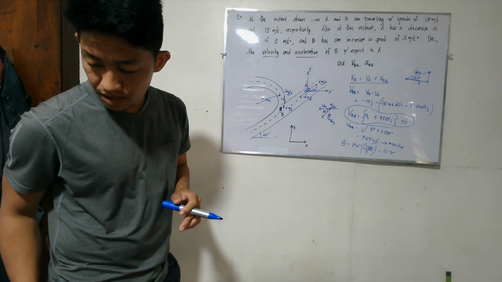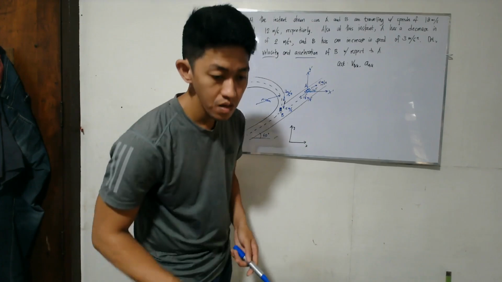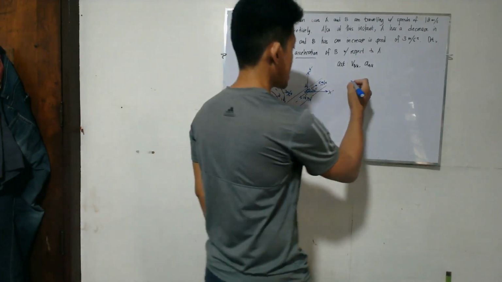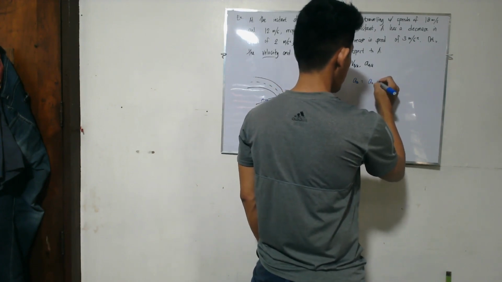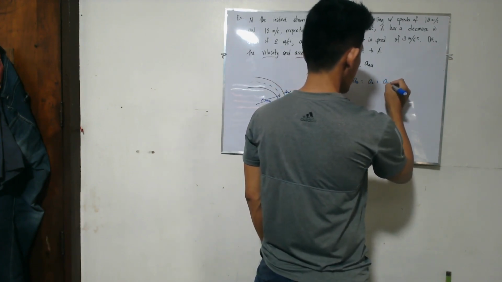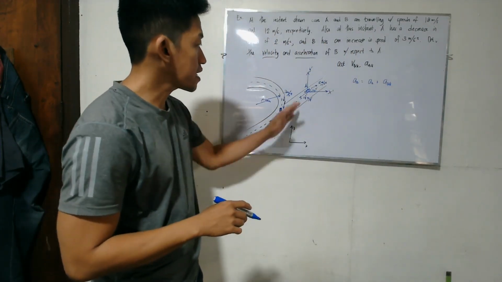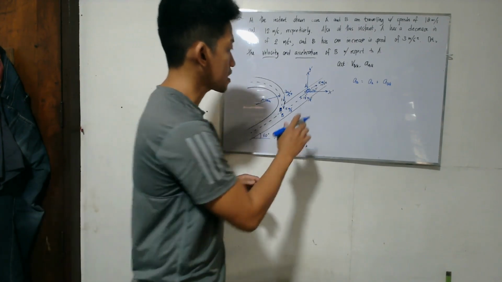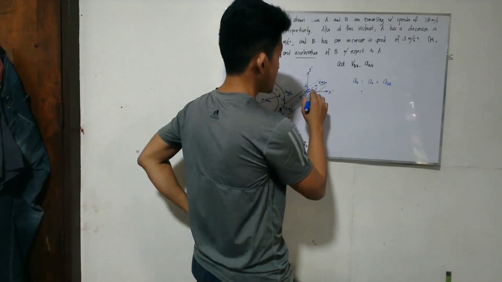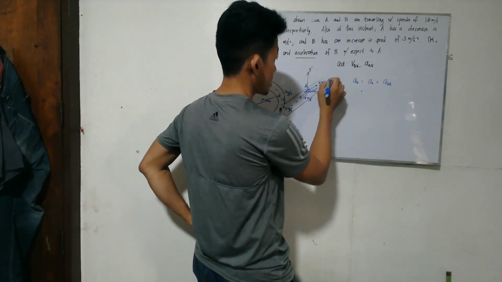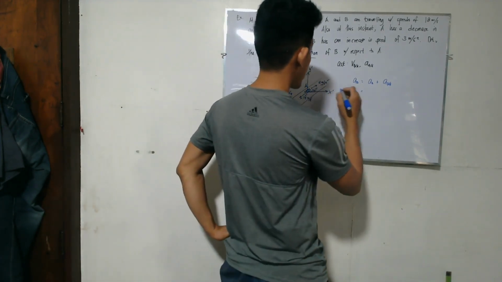Okay, let's proceed with the acceleration. The acceleration of B is the acceleration of A plus the acceleration of B with respect to A. Okay, so based on this diagram, the acceleration of A, you resolve into X and Y components. So this will become